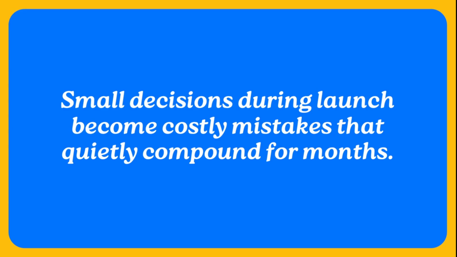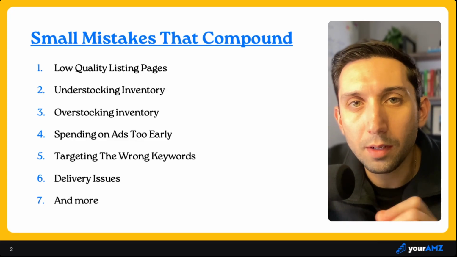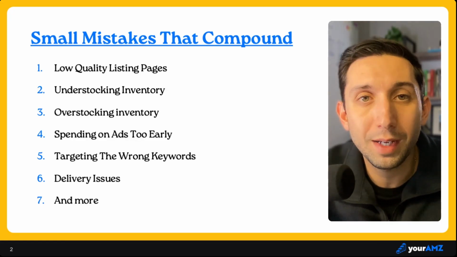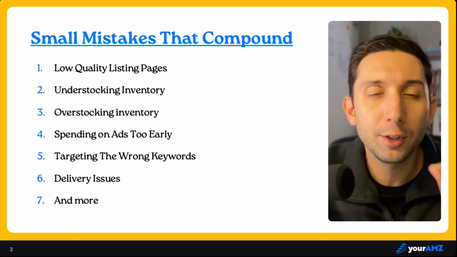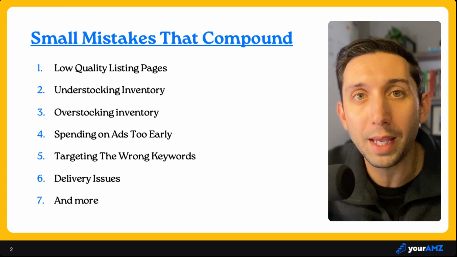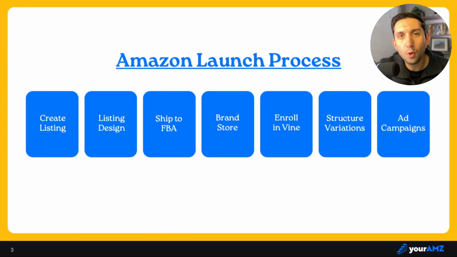Most products don't fail on Amazon because the product is bad. They fail because small decisions during launch become costly mistakes that quietly compound for months. Low quality listing pages, understocking inventory, overstocking inventory, spending on ads too early, targeting the wrong keywords, delivery issues, and more. In this video, I'm going to walk you through our exact process for launching new products on Amazon, but